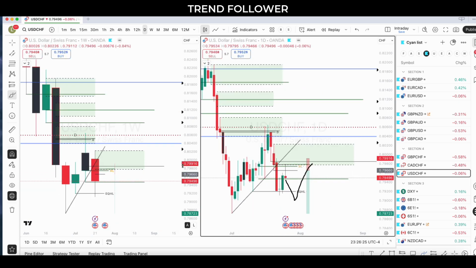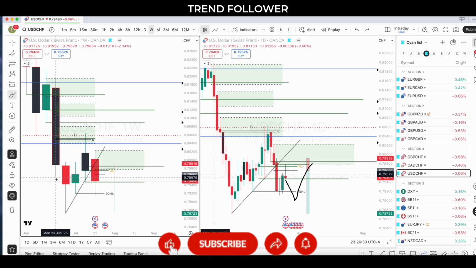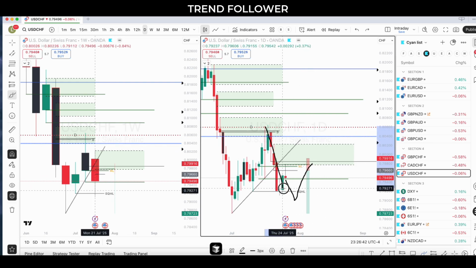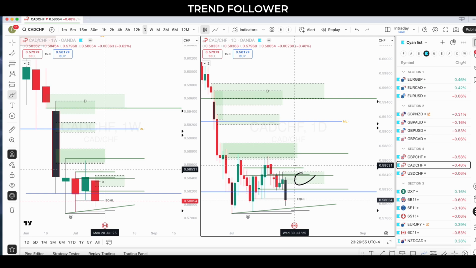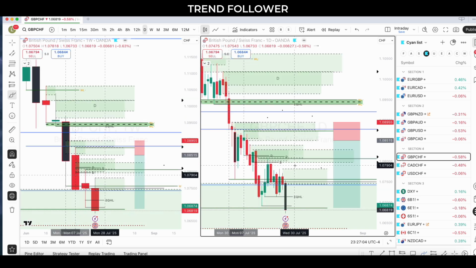But with USDCHF, the problem I'm facing with the thought process here is it saved the weekly down close. They were about to do it, but they didn't. I would have felt more confident if they would have. So there is a possibility that there is some kind of manipulation and it comes here. With this kind of strong move, I think the probability is less, but nevertheless, my job is to tell you all the possible probabilities, right? I do think it's less, right? But I have been wrong on these things. It is very possible. No one can tell you what will happen in the market. It's all about the probabilities, right? But these are the zones I would be focusing on.